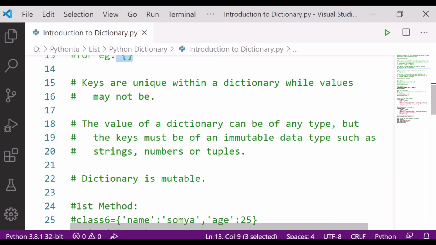Keys have to be immutable. Next, if the key is a tuple, tuples can be used as keys if they contain only strings, numbers or tuples. If a tuple contains any mutable object, either directly or indirectly, it cannot be used as a key.